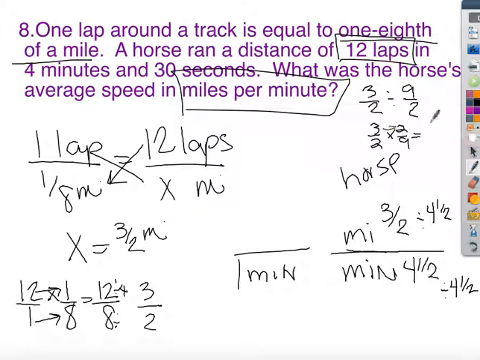Okay. 3 times 2 is 6. 2 times 9 is 18. That's just 1/3. So 1/3 of a mile in 1 minute. Well, that's nice. That's the easy way to